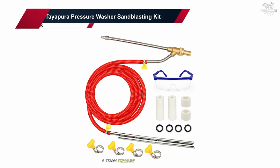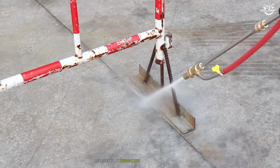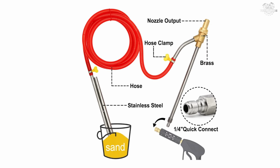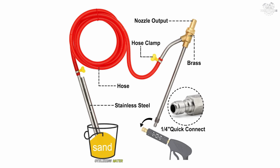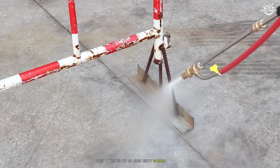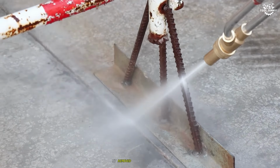5. Tayapura Pressure Washer Sandblasting Kit. The Tayapura Pressure Washer Sandblasting Kit represents an innovative approach to sandblasting that caught my attention immediately. Unlike traditional compressed air sandblasters, this kit attaches to your pressure washer, utilizing water pressure to propel abrasive media. When I tested it on some rusty garden furniture, I was pleasantly surprised by how effectively it removed years of